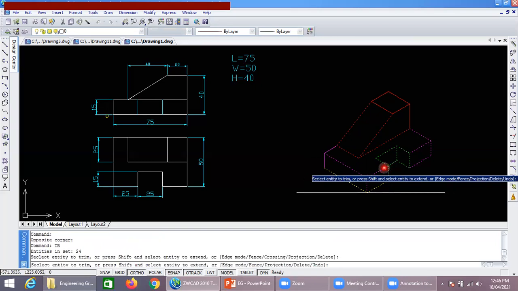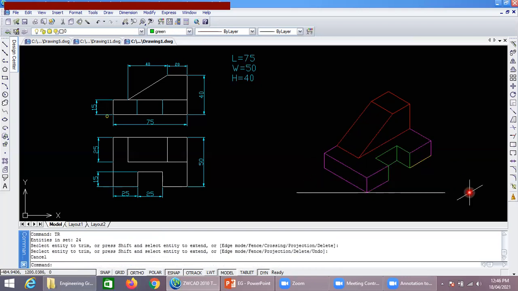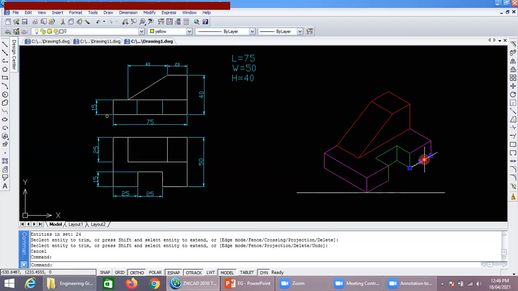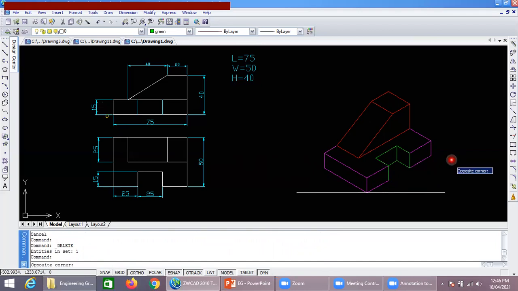A three-dimensional isometric view has been constructed from an orthographic view. First, we calculate the overall length, width and height of the object, and then we decide where the origin point is and how to proceed with the original true scale. We are not drawing with the isometric scale; we are still drawing with the true scale. I hope now you are able to understand how isometric projections can be plotted using orthographic views as a reference. Thank you.